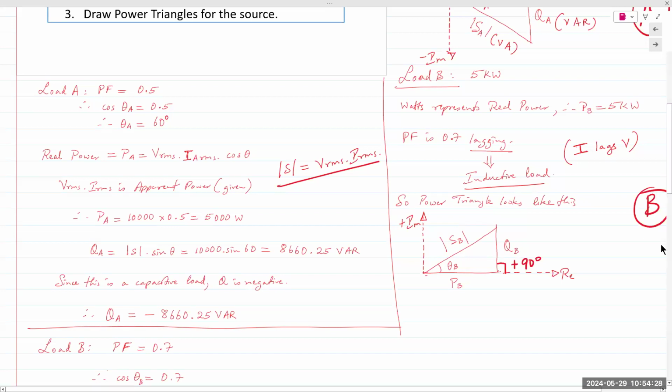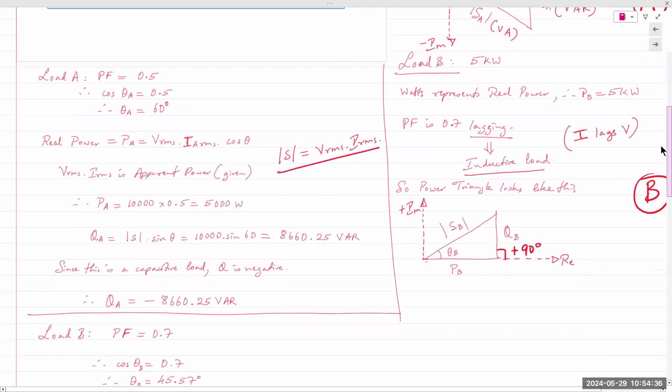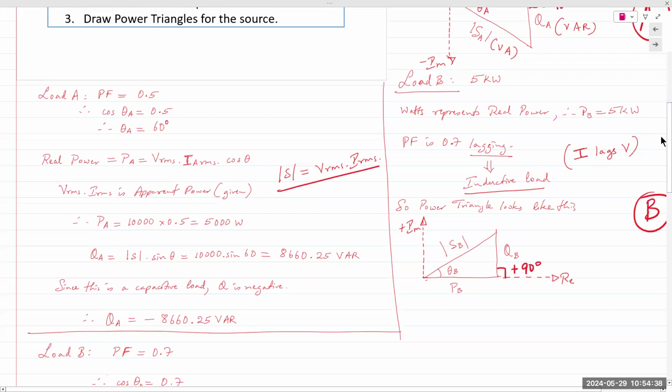So here, yeah, that is already given to us in the problem, power factor 0.5. But power factor is also cosine of theta, which we can use directly to find P. So in this case, magnitude of S was given to us, and cosine of theta was also given to us. All we had to do was multiply the two together. So rather straightforward, because the equation itself is given. In the second one, though, P is given to us. Cosine of theta is given, so we can do a cos inverse to find the theta for B,